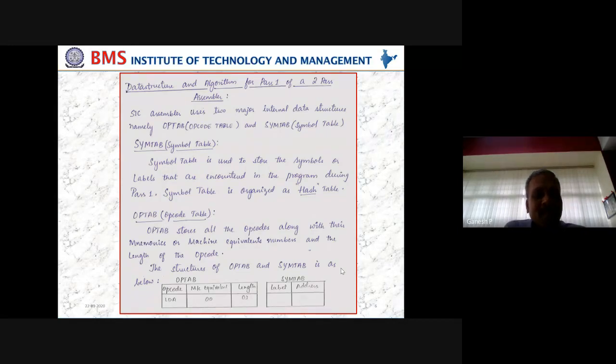For that purpose, an optab or opcode table is an already existing, already created table, in line with the various opcodes, their machine equivalents, their lengths. All those data will be kept as per the document you have in hand, that PDF document. It will be created as the opcode table, and while you process during pass 1 or pass 2, that table will be looked up, in the sense that you are going to compare the existing data with the data you have provided as part of the program.